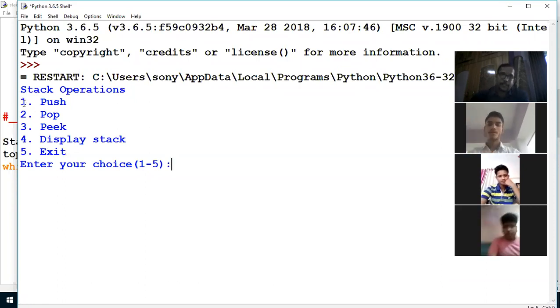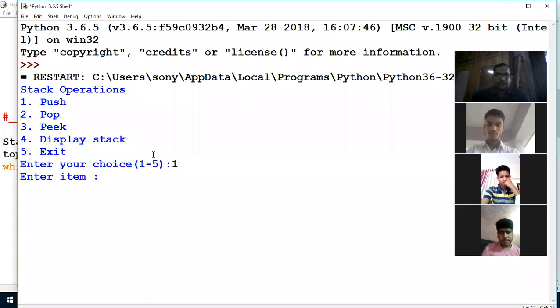So here numbers are given 1, 2, 3, 4, 5. Once you enter your choice from 1 to 5, it will perform accordingly. Just like when I press 1, that means our choice is 1, means we want to perform push operation.